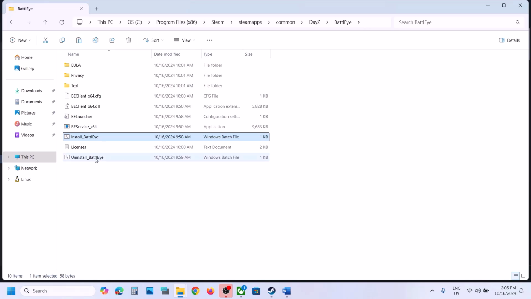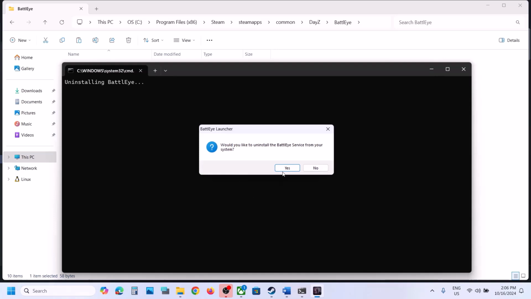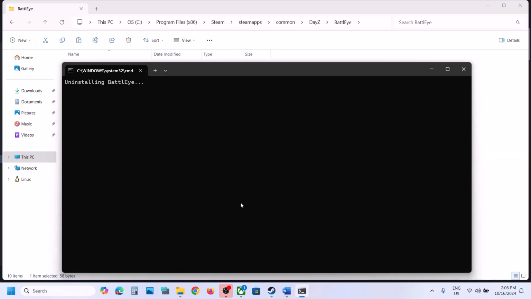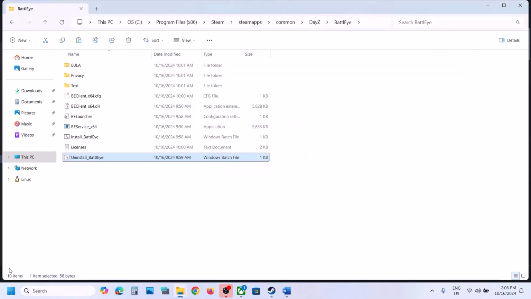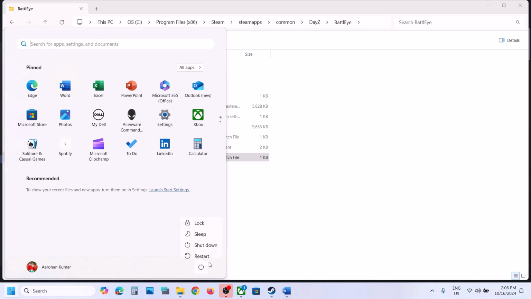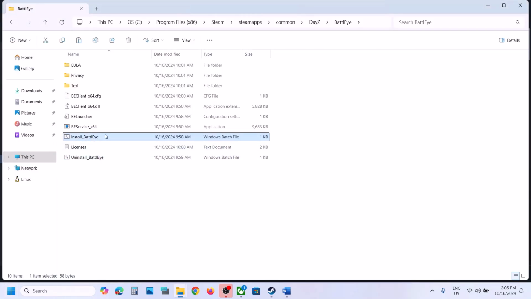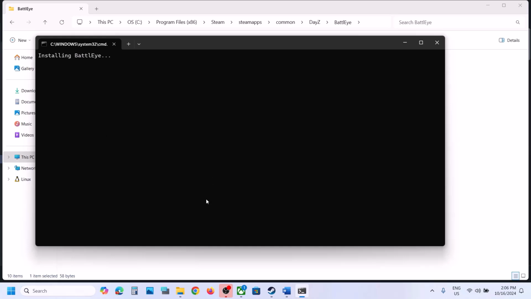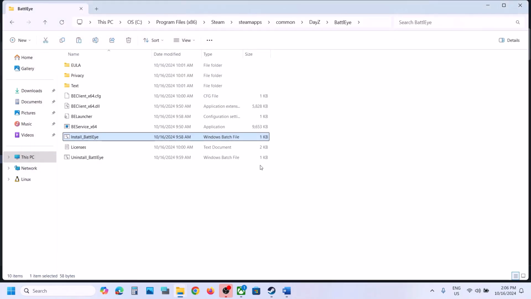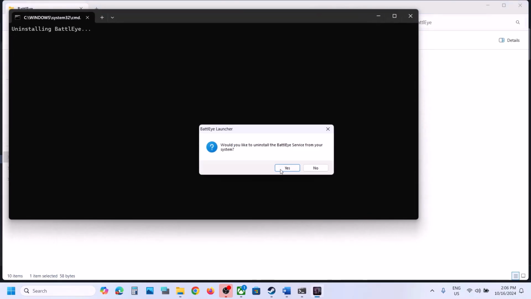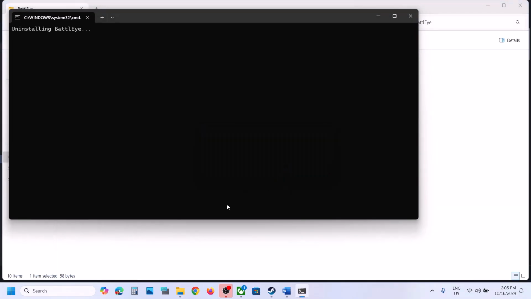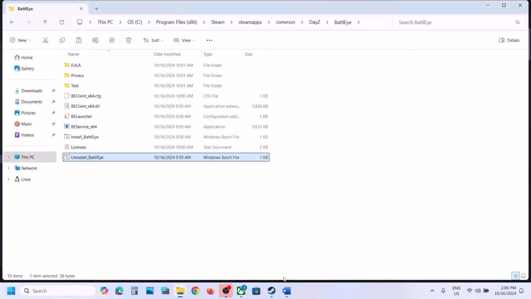Still not working, then you can uninstall BattlEye. Click on yes, click on yes, click on OK, and then restart your computer. And after the system restart, you can install BattlEye. So make a double click over here, click on yes to allow, and now you can launch the game and then check. Still not working, you can uninstall BattlEye, click on yes, yes, OK, and then you can go to